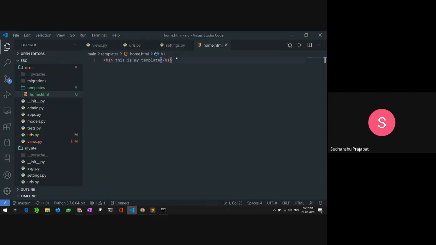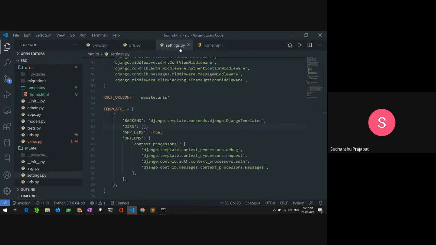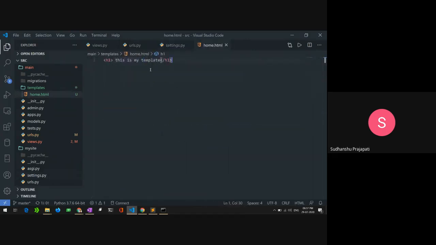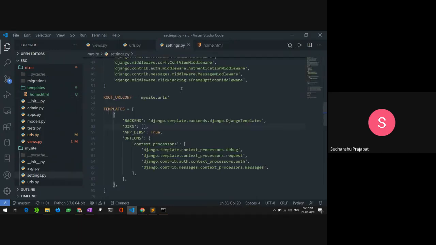So now I created a simple template, and to show you I'm working with my template, I gave it a single-line h1 tag and wrote my line, and you can type whatever you want.